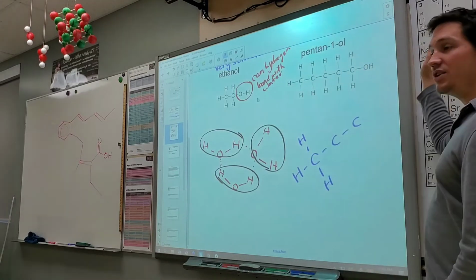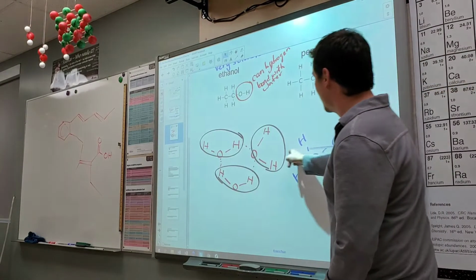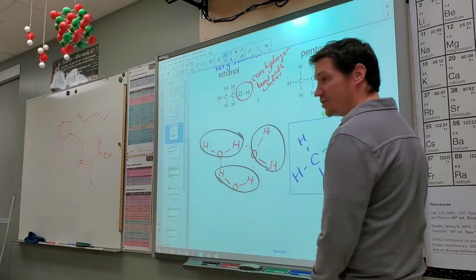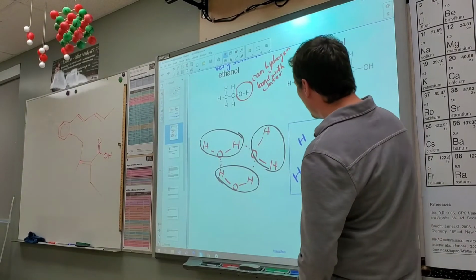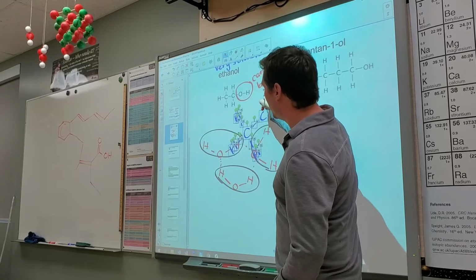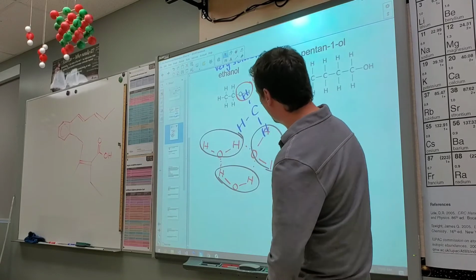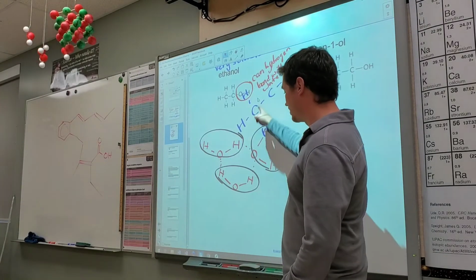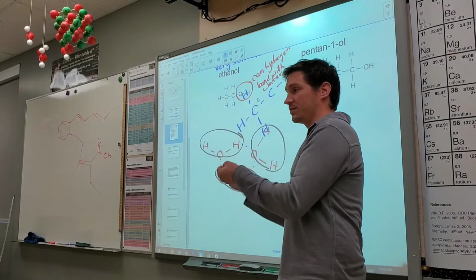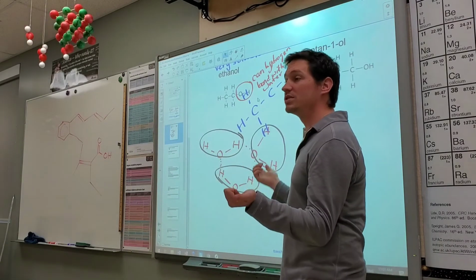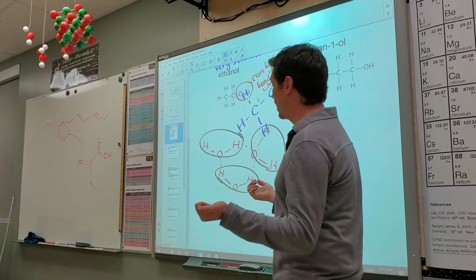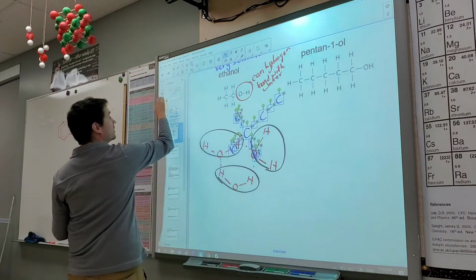This is a straight chain hydrocarbon. Does it have the ability to hydrogen bond? No. So when it tries to fit itself in, is it strong enough to break apart these water molecules from their friends? No, it's not strong enough. Okay? So what happens here